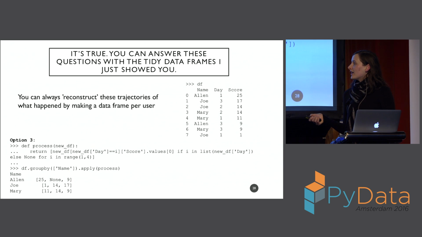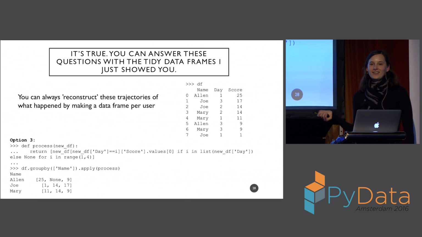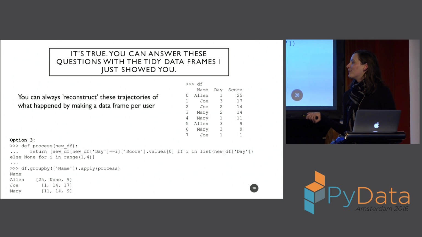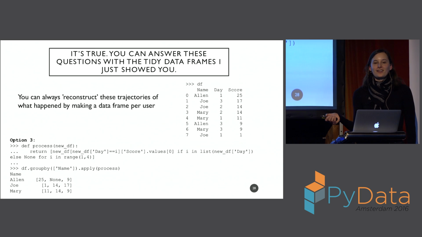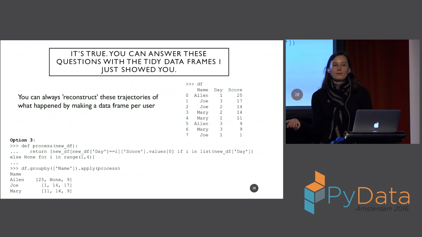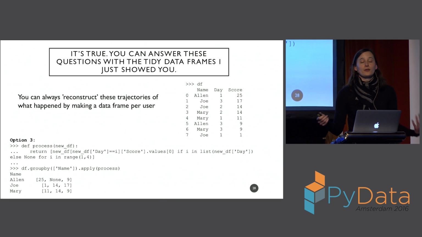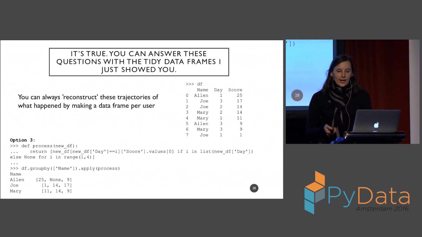Another one, well, to make it neater, I'm going to define a function, and in this function I'm going to do some kind of row selection, list comprehension type thing, because I like really long list comprehensions. And then I'm going to have a nice little apply. Well, that gets me what I want, but this is not really what Python is supposed to look like, right? We want our Python to be nice and short and expressive and beautiful, and I wouldn't say this is. Not that it always has to be, but I'm not thrilled with this.